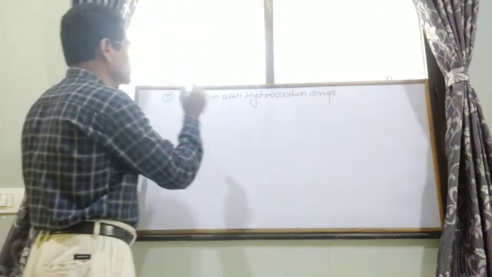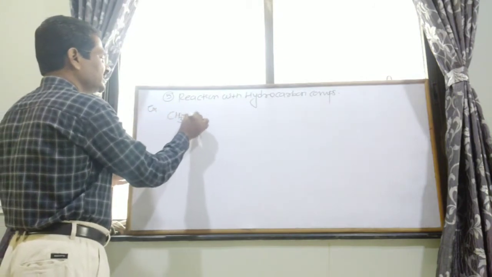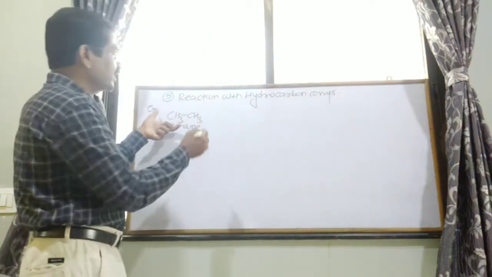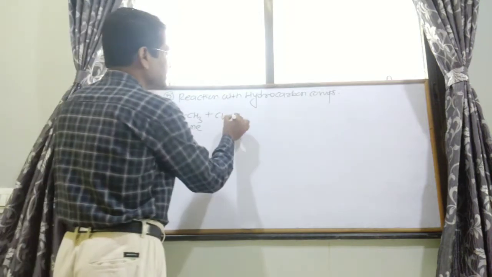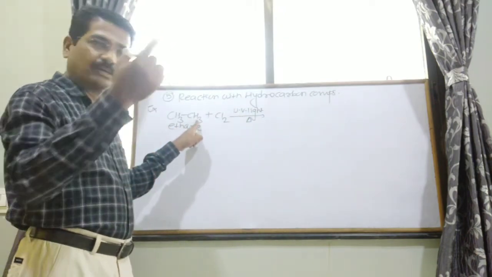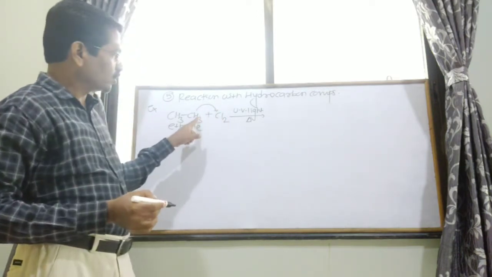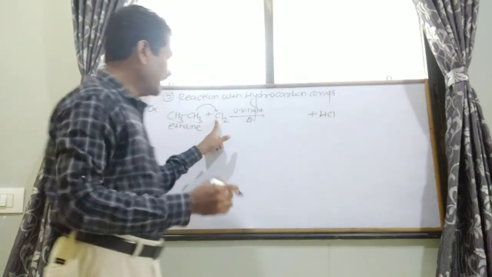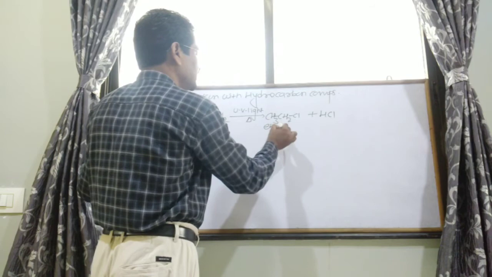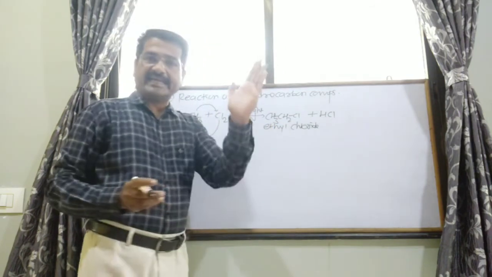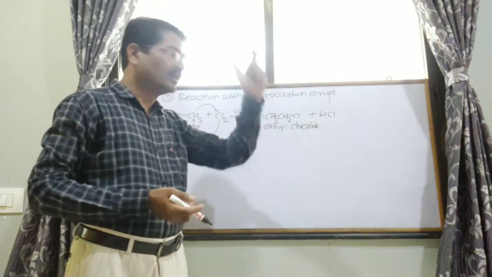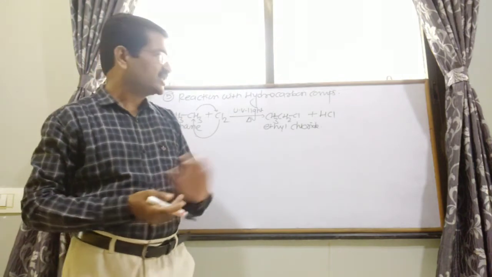Whenever chlorine reacts with saturated hydrocarbons, for example CH3CH3, which is ethane, a saturated hydrocarbon, in sunlight, that is, in the presence of UV light or sun rays, hydrogen from the hydrocarbon is substituted with chlorine to give HCl, and chlorine is substituted into the group, and we get CH3CH2Cl, that is ethyl chloride. This indicates that in the case of saturated hydrocarbons, chlorine reacts in the presence of UV light or sun rays to give the corresponding alkyl chlorides. That reaction is a substitution reaction.